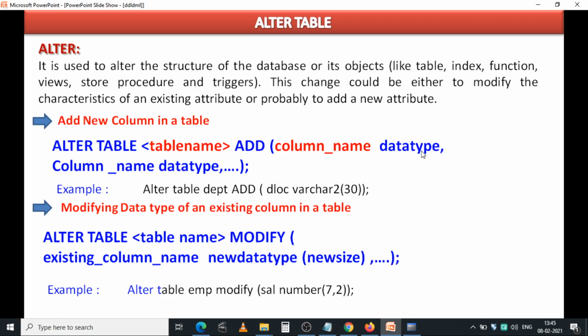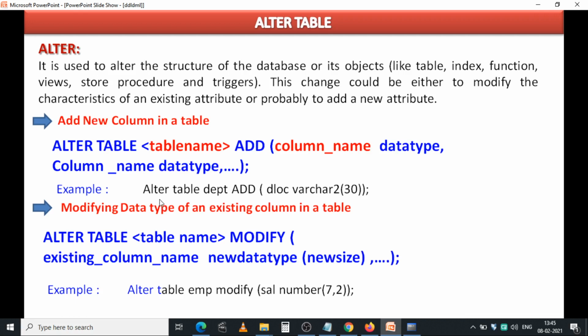Here the data type specifies the size also, so there is no need to mention the size separately. If you want to add another column, you write the next column name and data type, like that. However many columns you want to add to the existing table structure, you write those columns along with their data types.